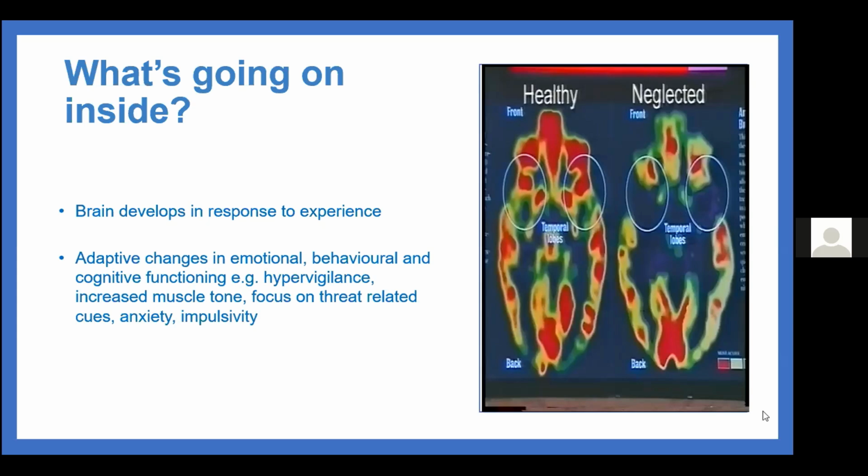We know that among other functions, the temporal lobes are really responsible for our emotional regulation. And actually that image shows that those areas are practically inactive in comparison to the healthy child, which just shows the kind of magnitude of those early experiences on later development. And research has shown those brain differences in people of all ages who've experienced trauma, because the brain essentially develops from the bottom up. So we'd have the brainstem first, and then the more complex and thinking structures.